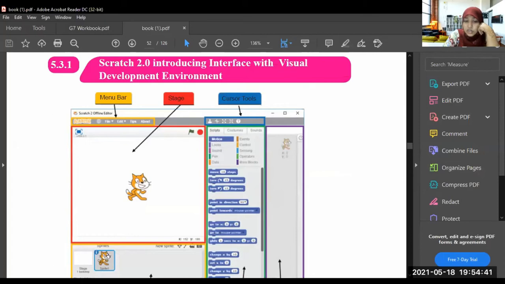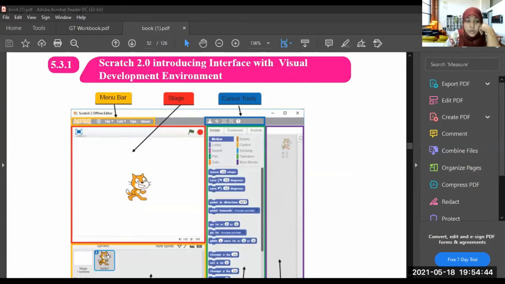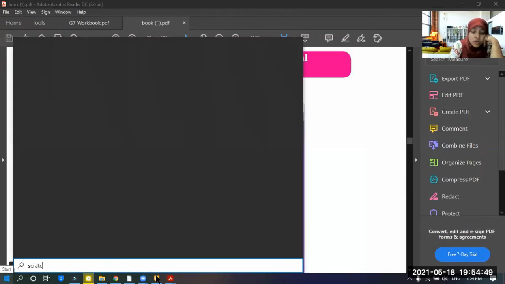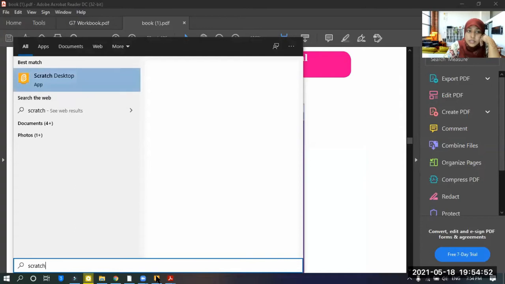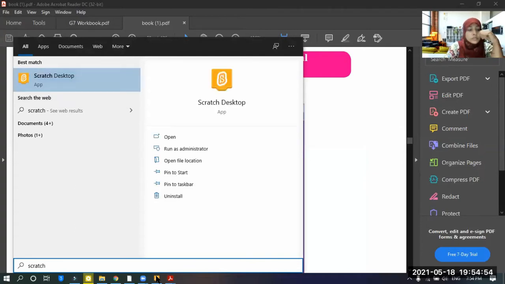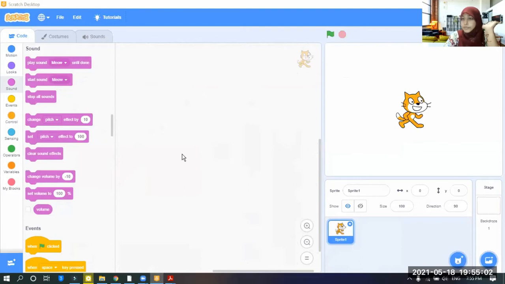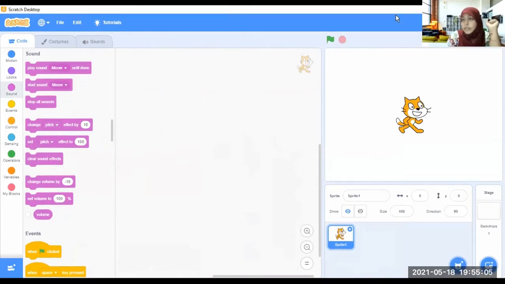After installing it on your computer, go to the start button and write Scratch. So this is Scratch. Click on it. After clicking, something like this will be opened for you. So this is the Scratch program. Here there are several things you should learn before starting to develop software. Today I am teaching you some of the basic things in Scratch.